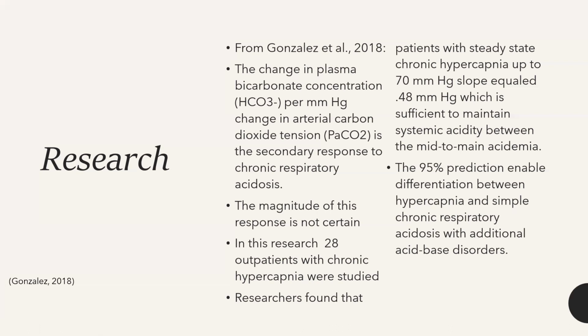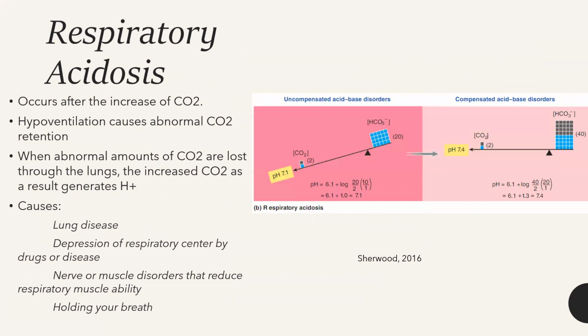So in a quick review, we look into respiratory acidosis, how this is generally caused from an increase in carbon dioxide, how hypoventilation is often the main cause, but can also be lung disease, depression of the respiratory center because of drugs or disease, holding our breath, or nerve and muscle disorders. We could see how the ratio of our uncompensated acid-base disorder is shown as a 20-2 ratio of bicarbonate to carbon dioxide, where we want a